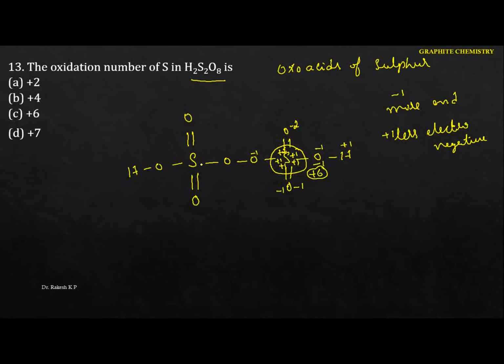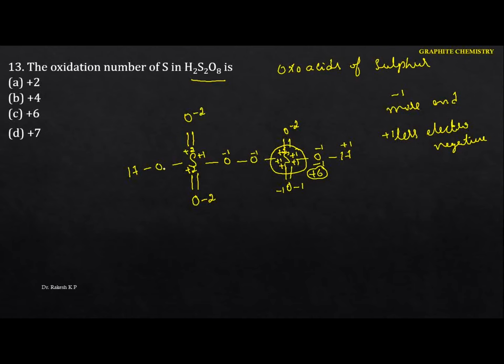Come to this one here. I am going to identify only the sulfur and the surrounding atoms. Between the sulfur and oxygen, the most electronegative is oxygen. I can write -1, and here +1. Come to this sulfur and oxygen here. The most electronegative is oxygen. Hence we have a double bond. I can directly write -2, and here +2. Similarly, here also -2, and here +2.